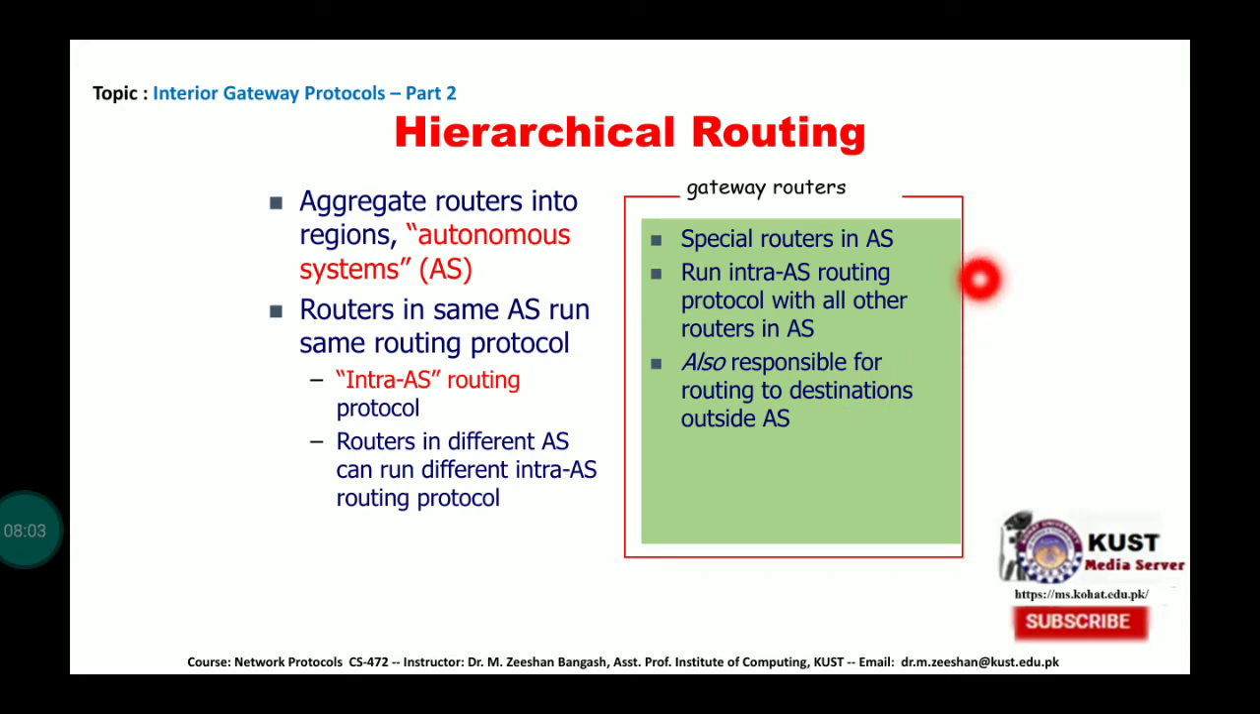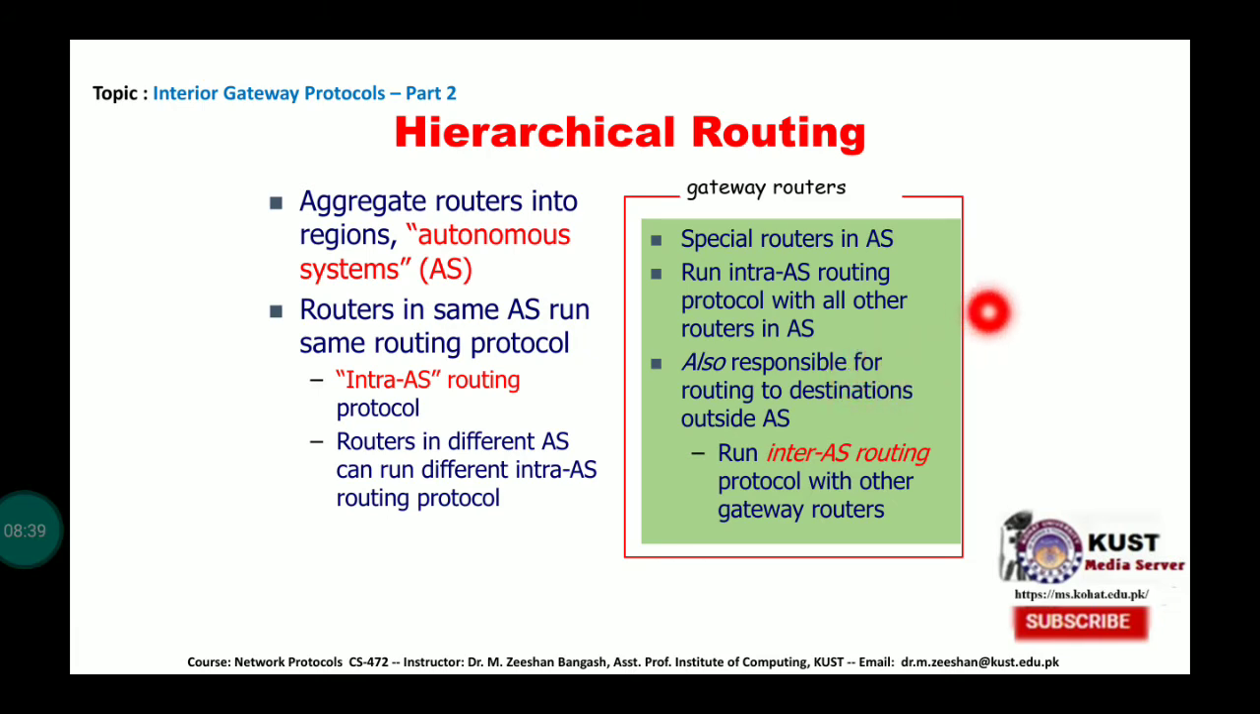It basically works as a router, communicating as one of the routers within that autonomous system, and it communicates with the other autonomous systems for forwarding packets from one autonomous system to another. For that they have different protocols to perform this responsibility. Now they run inter-autonomous system routing protocols with all the other gateway routers